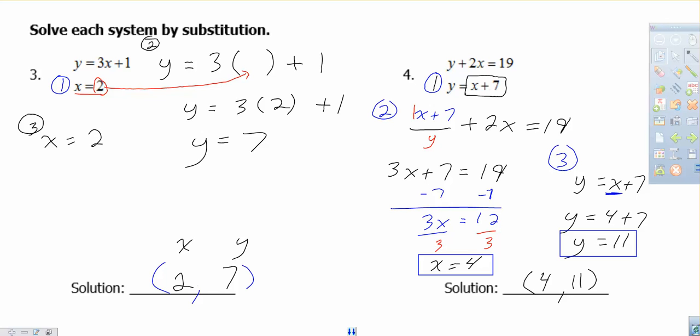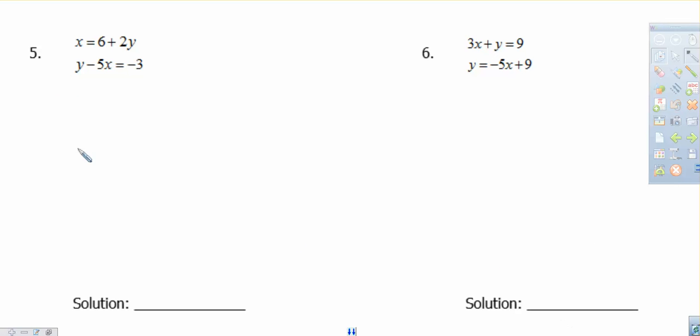Moving on to number 5. First step, pick one of our equations where we have x or y by itself. The obvious choice here is the first equation. So we're going to take that and plug it into, or substitute it into, our second equation. So step 2,